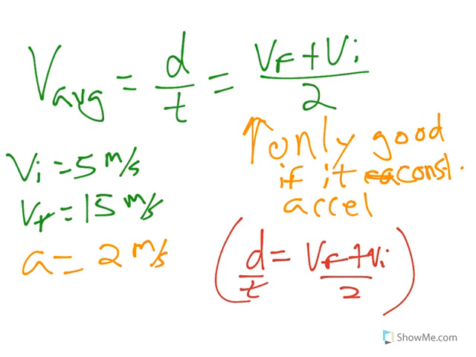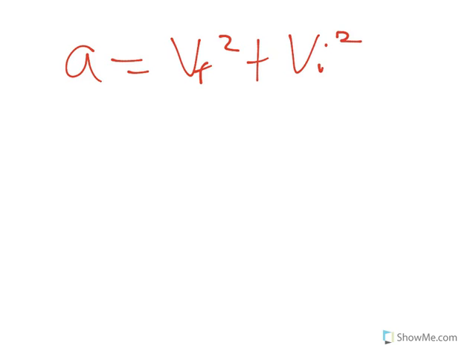The last formula is not really used all that much, but we did see it, and it is on the formula chart. So I'll go ahead and show it to you. A is equal to VF squared plus VI squared. I apologize, that's not plus, it's supposed to be minus. VF squared minus VI squared over 2D. All right, now,